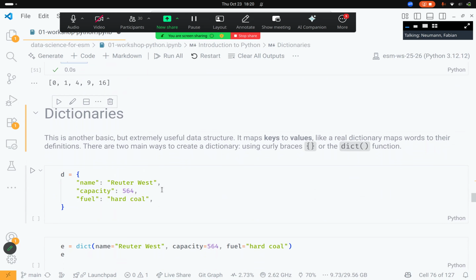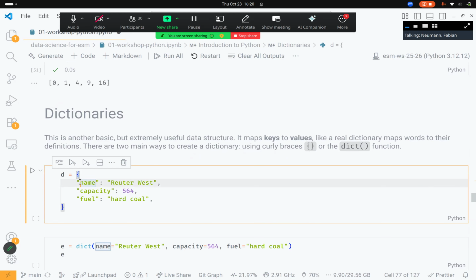And there are two main syntaxes to create dictionaries. One is with curly brackets and one is with the dict function. So take again our power plant. There's one power plant here in Berlin. It's coal-fired. We can say we have a dictionary where under the key name, we store the actual name. Under the key capacity, we store the value of the capacity. Under the key fuel, we store the actual fuel type of the